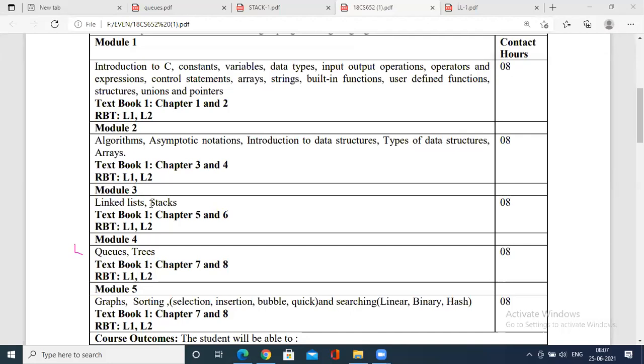As we are going like a theory class, I could not show you the execution of the programs, right? That is one of the major drawbacks we are facing as of now. So tomorrow I'll conduct a unit test. The test consists of only 5 to 6 questions. In that, 3 will be program or algorithm, 2 will be theory. The theory I may not focus on more. It will be on stacks and queues.